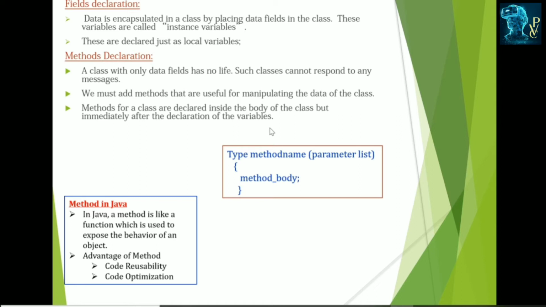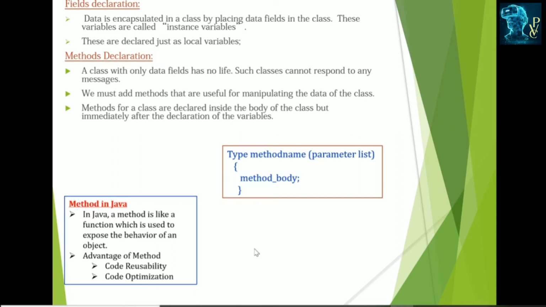A method has the syntax: type, method name, parameter list, and within the braces, the method body. In Java, a method is like a function which is used to expose the behavior of an object. The advantage of using methods in the class is code reusability and code optimization.